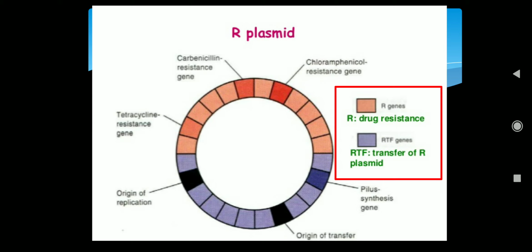Let us move on to the structure of the R plasmid, that is the resistance plasmid. R plasmids carry two segments. They have two contiguous segments of DNA. Most R plasmids consist of two contiguous segments of DNA. The first segment is called the RTF, that is the resistance transfer factor. The first segment, the blue region that you are seeing, is the resistance transfer factor.